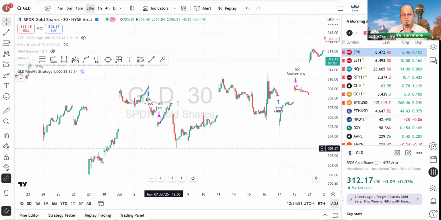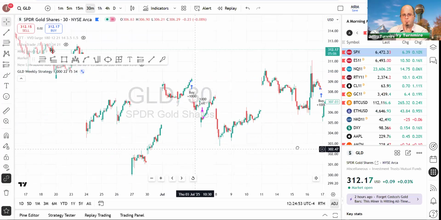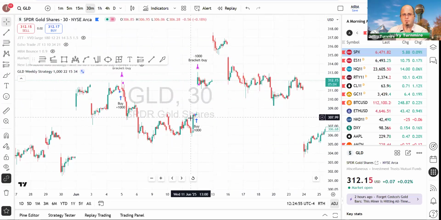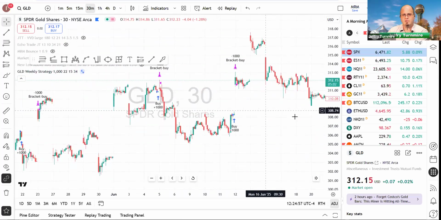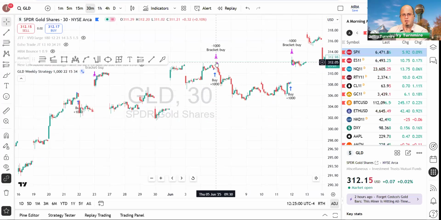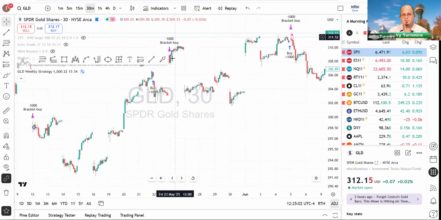Wow, it catches these little bumps. Oh, that one lost. Is it perfect? No, not perfect. This one got in here, out there, you know, in there, out there. So it does try to catch